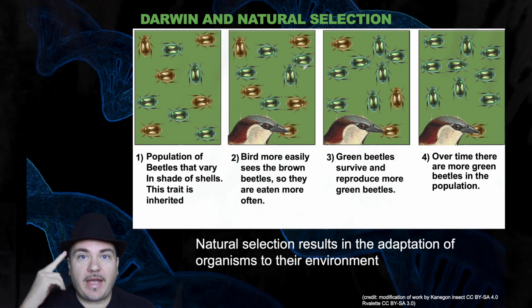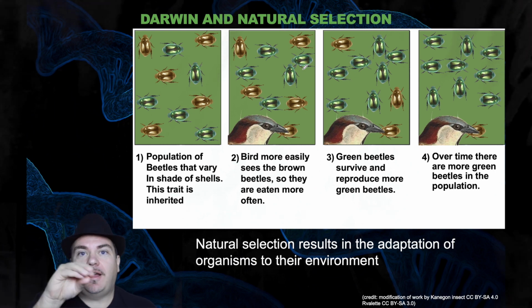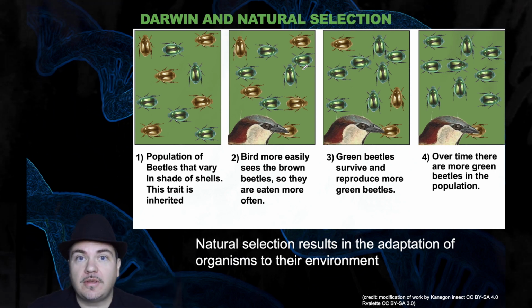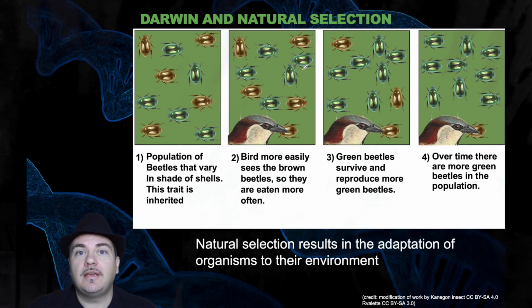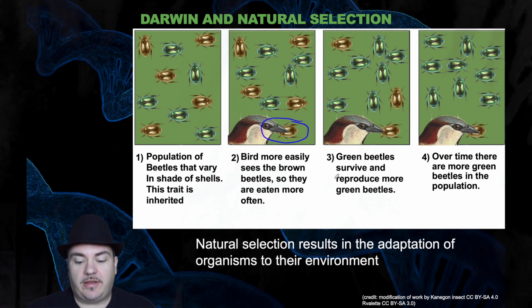Now, imagine for a second that you're a hungry bird flying around trying to find some food. You're not going to pass a piece of food that's easy to find in order to find a piece of food that's harder to find. Why? Because you're hungry. You don't want to starve to death. Well, in this green, grass-colored background, it's easier for that bird to see those brown shaded beetles. It's harder to see the green shaded beetles. They hide better. So a higher percentage of the time, that bird is eating the brown shaded beetles.